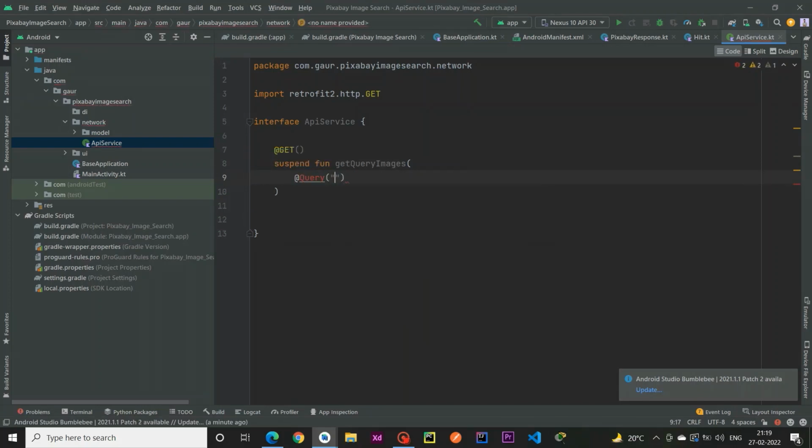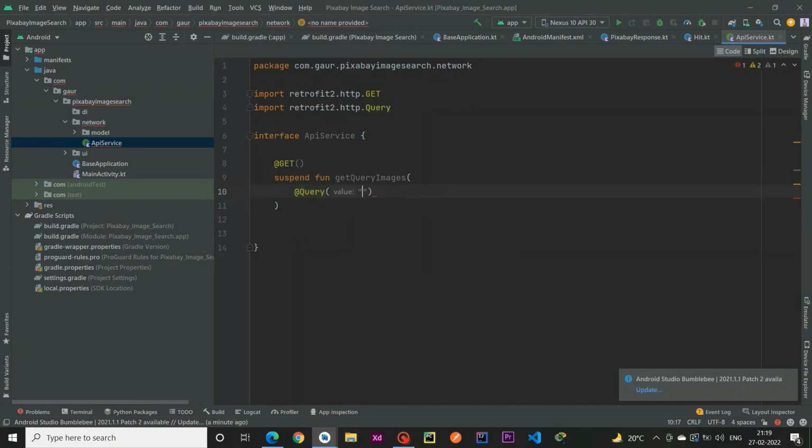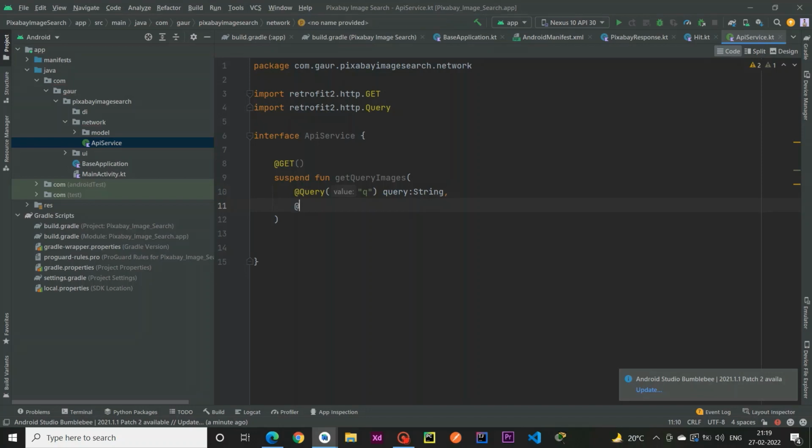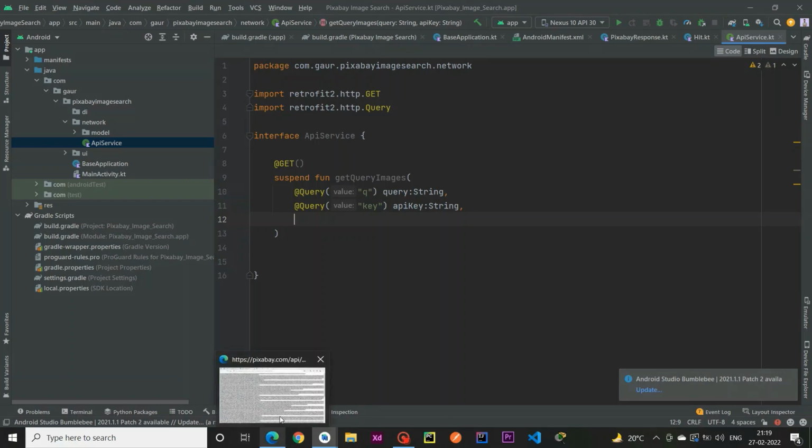In the query part, first you need to import this. In the query part we have q, query, which is a type of string. Second we have our API key, so key, your API key you need to pass here. And I am going to just check the URL. Here you can see this URL has this base URL, which is https://pixabay.com/,